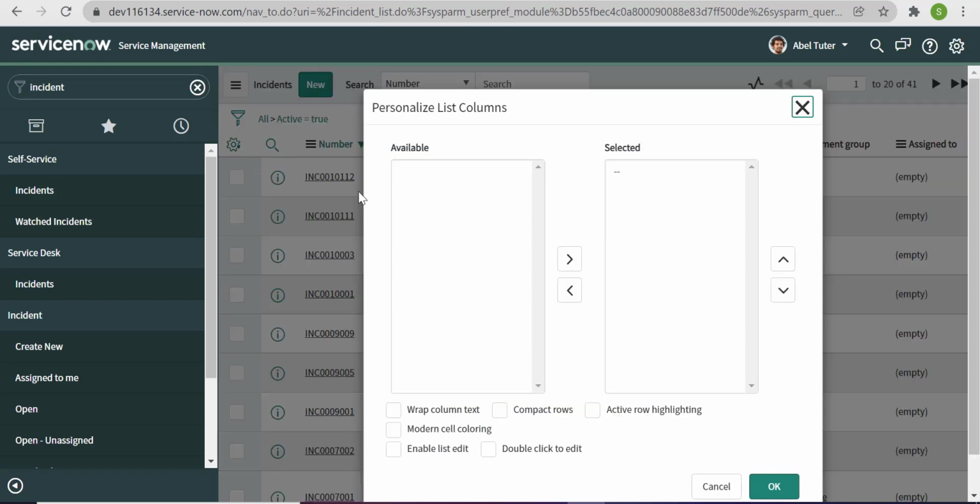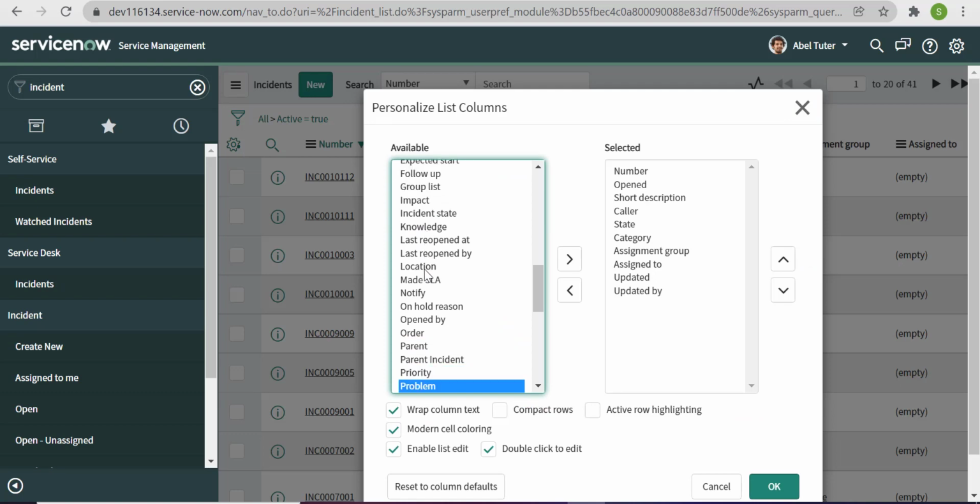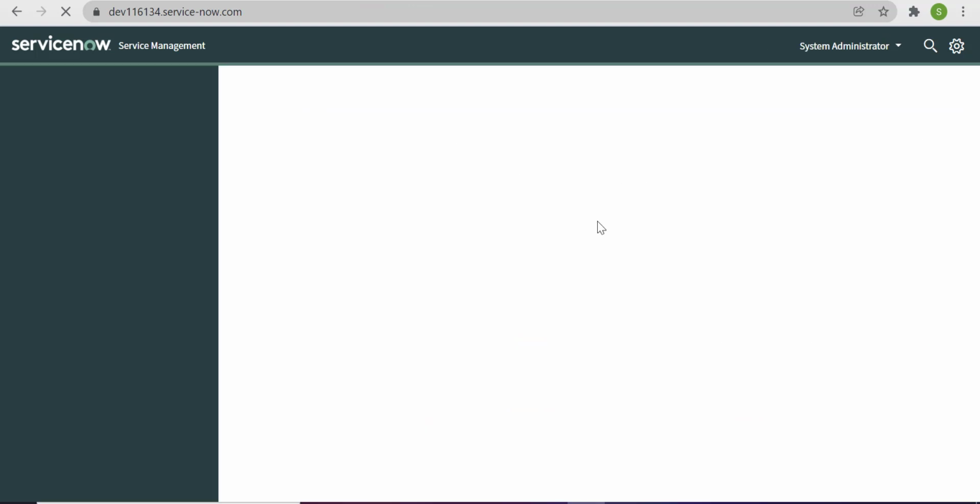If you open the personalized list, currently you see that Able Tutor is also able to select this priority field from the personalized list, means it's not hiding. So for hiding this from non-admin users, we'll write one field ACL. We'll see how we do that today.